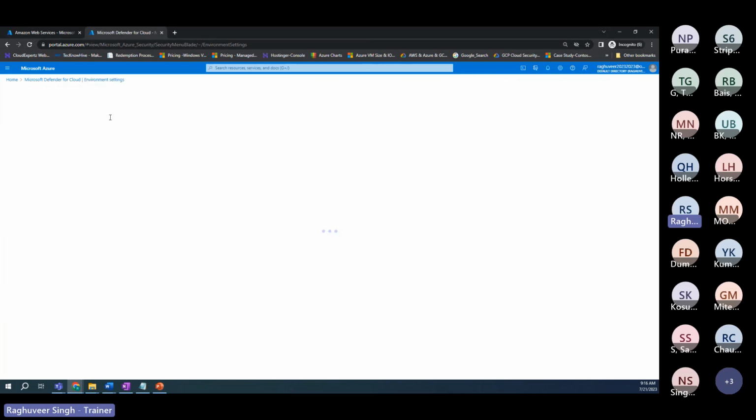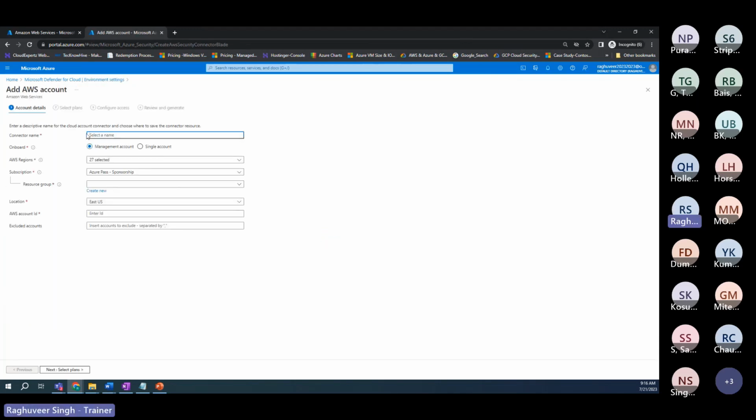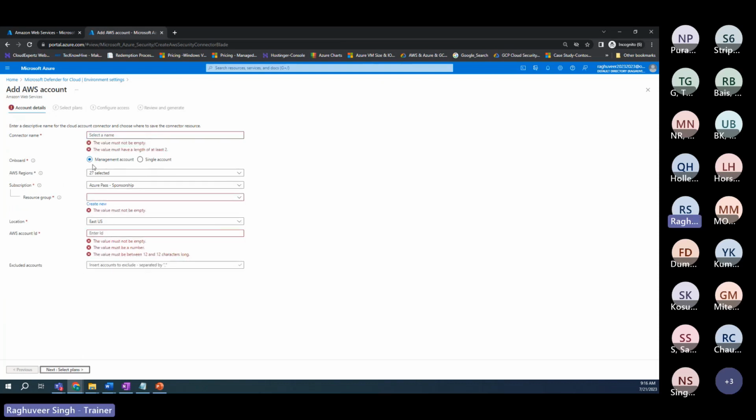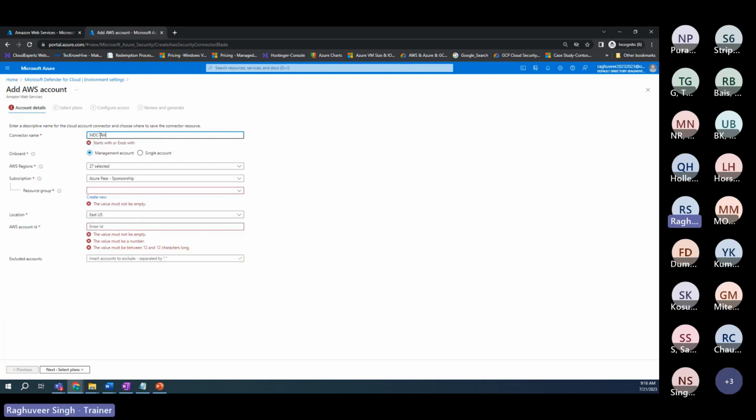So if I want to add Amazon, I'll just click on add AWS account. Here I type the connector name, select whether I want to add a management account that contains multiple AWS accounts or a single account. Then the region, all of this information I need to fill in. Then I'll go to the next stage, which is plan. For example, I fill in here MDC AWS